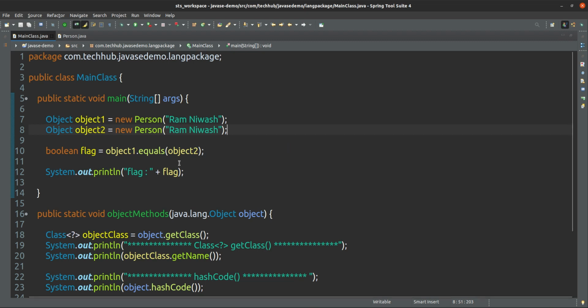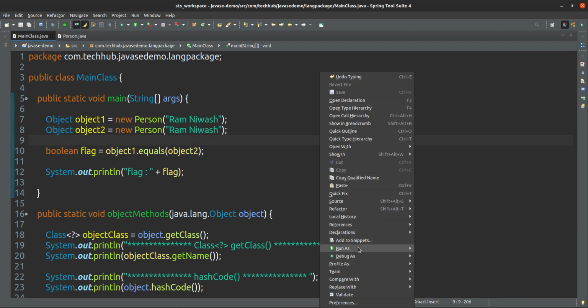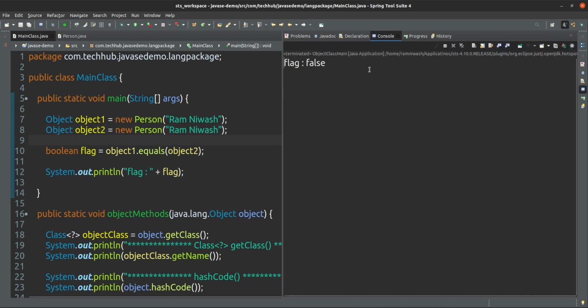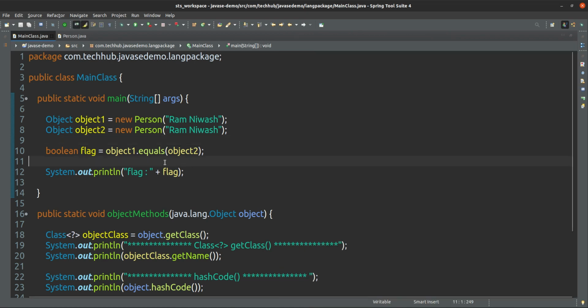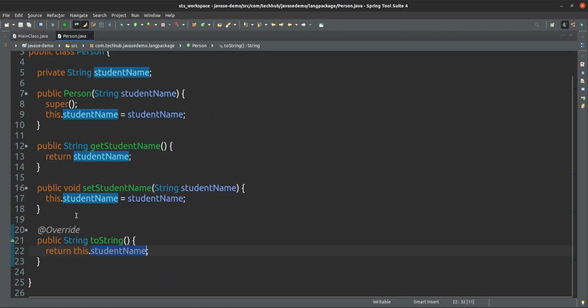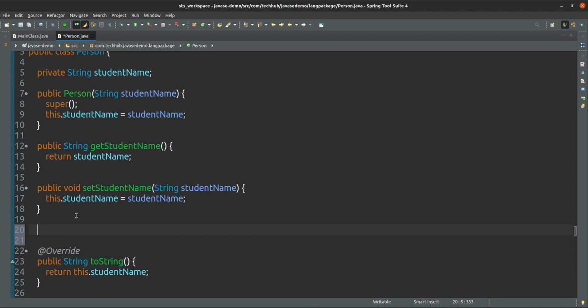We should override that one. In this case, if you run, you will see false, but it's not looking like false. Both persons are the same here. Then how can you say this is false? So in this case we need to override the equals method also. This is the use of the equals method.